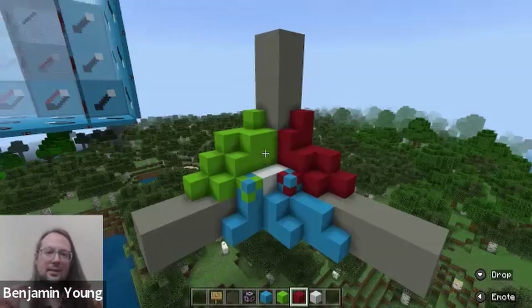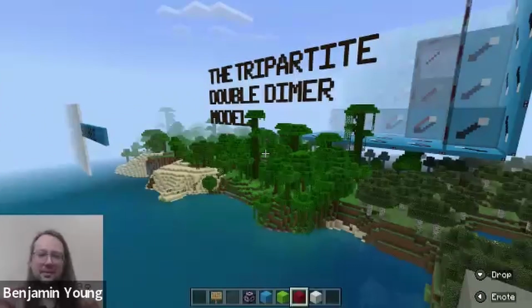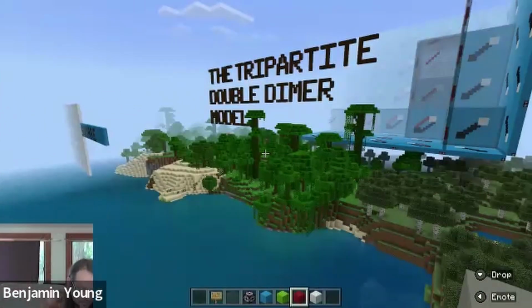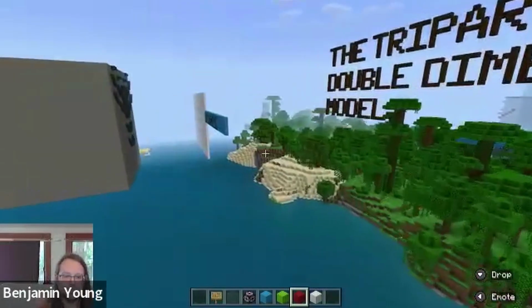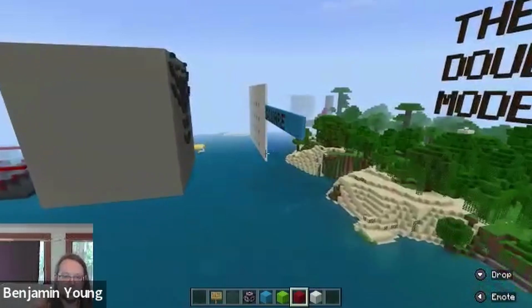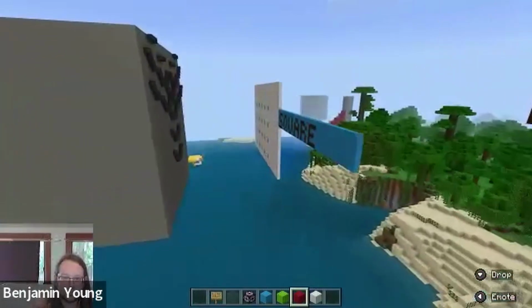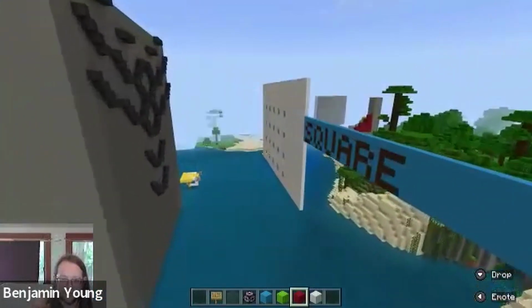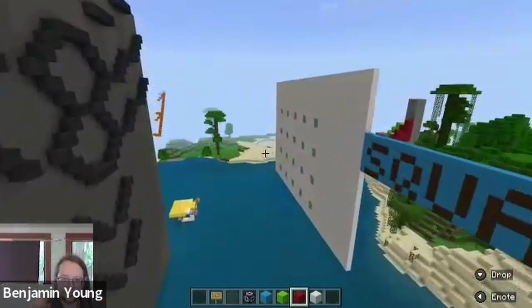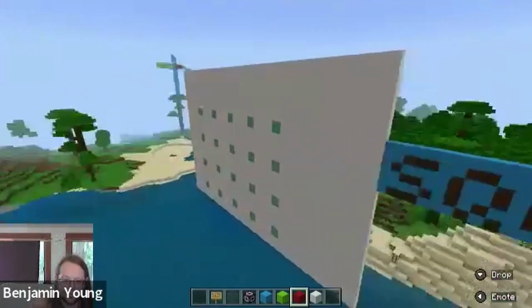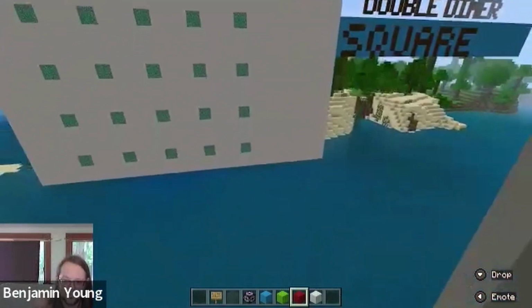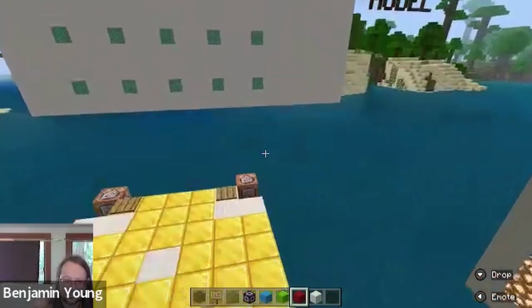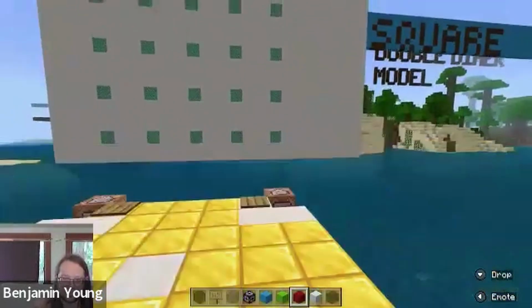Anyway, let's start by looking at my television for a bit. Let's start by going over to the Dimer model display. If you were here at AlCoVE last year, you have probably seen this, and I will show it to you again. The reason there's the word square there is because I'm going to do a perspective trick. Hope this works. So yes, this is the square double dimer model,